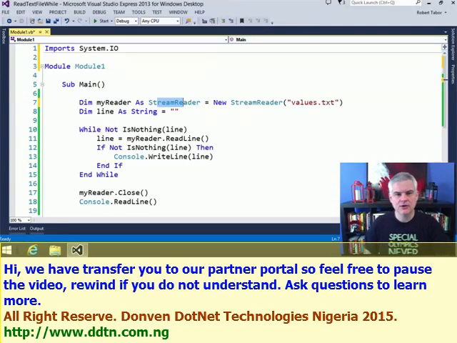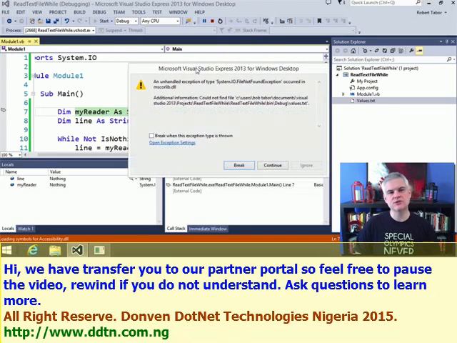All right, so I think we're pretty much ready to get started. Let's try starting the application. This time, unfortunately, we're going to hit another exception. This time we hit the System.IO.FileNotFoundException. And if we look at the additional information, you can see that we're looking for that values.txt file